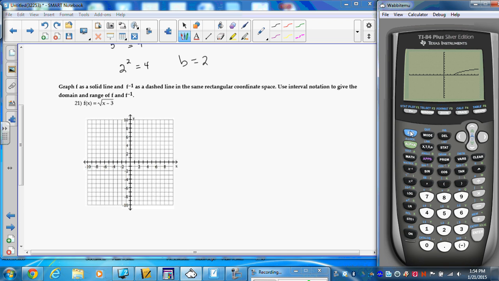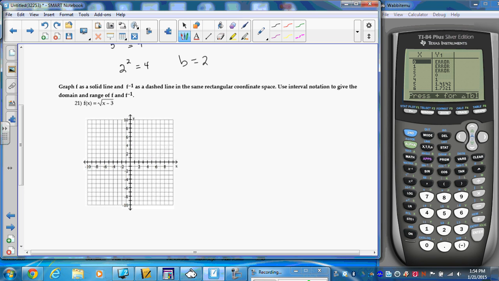And if I was required to graph it, I might look at my table. And so the table, notice there's an error here. So the first ordered pair that I get is 3, 0. So 3, 0 is right here. And it's going to be 4, 1. And 5 goes up and 6 goes up, and pretty much it's just going to kind of slant like this. So I could get a few more points on my table, but what we're going to take a look at